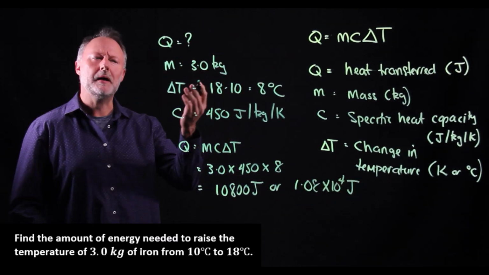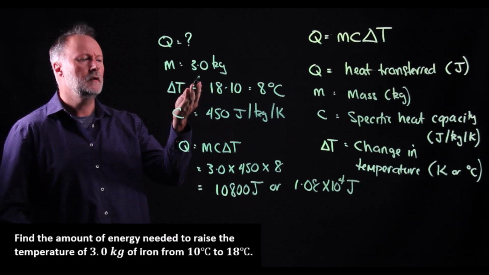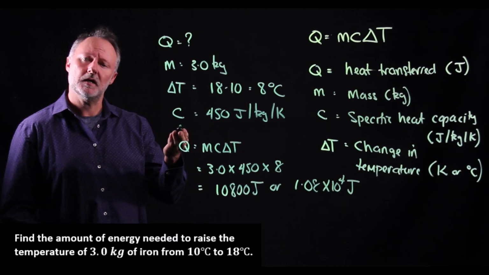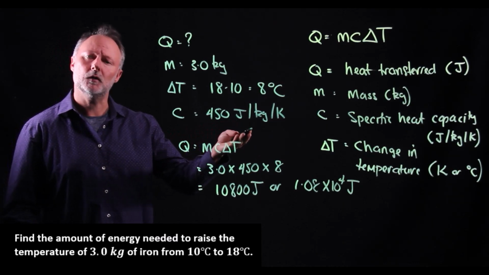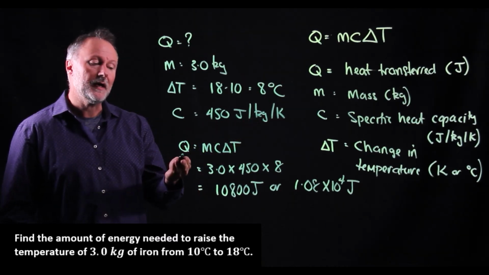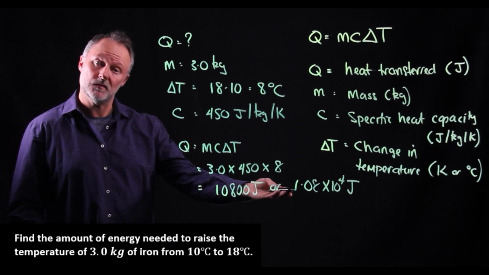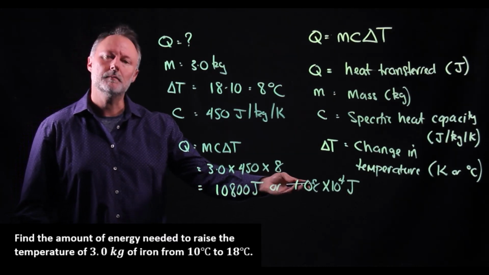So we find that we've got a mass of 3 kilograms of iron, which changes its temperature by 8 degrees Celsius, and it has a specific heat capacity of 450 joules per kilogram per Kelvin. The amount of heat energy transferred will be 10,800 joules, or in scientific notation, 1.08 by 10 to the 4